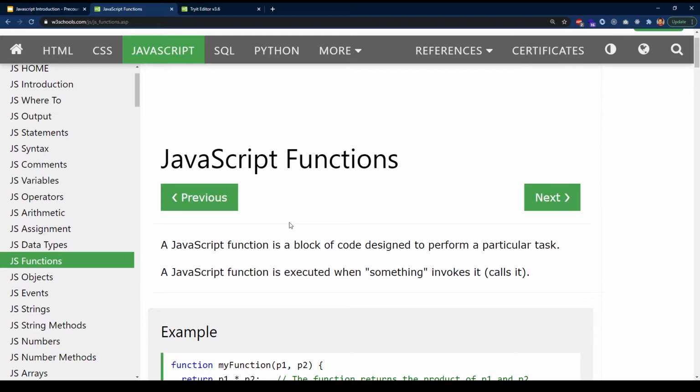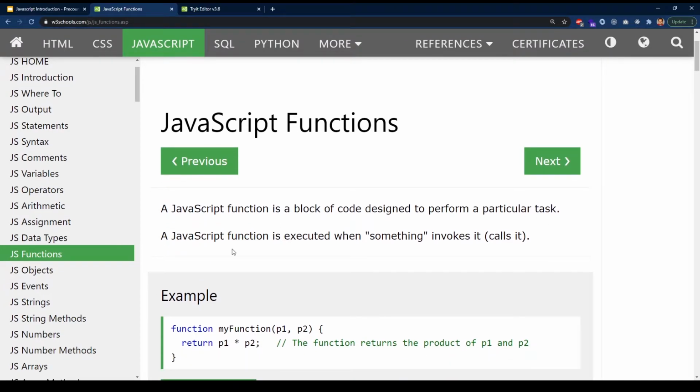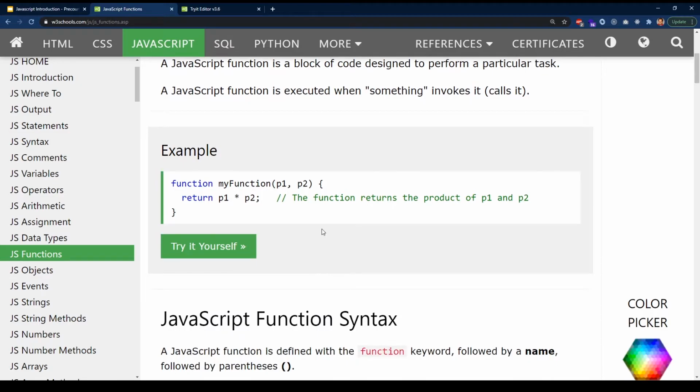So functions, what are functions? A function is a block of code designed to perform a particular task. A function is basically code that you can write to do a certain job, and it does that job all the time, and it can repeat that job every time. So for example, when you write a function,